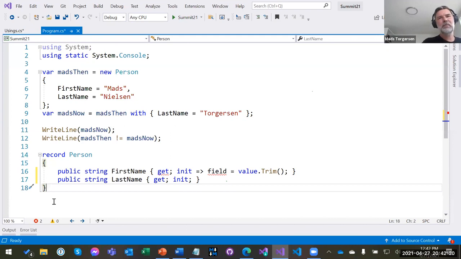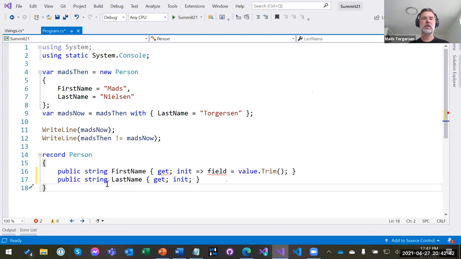And there's a question: how does using work if you have multiple projects? Well, you can't have public usings. So you can't have usings jumping from project to project. You have to have it declared inside of each project still.